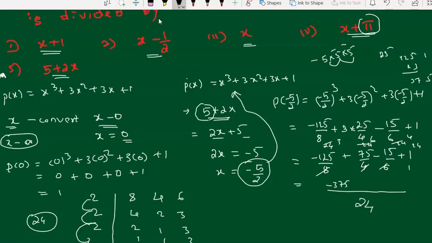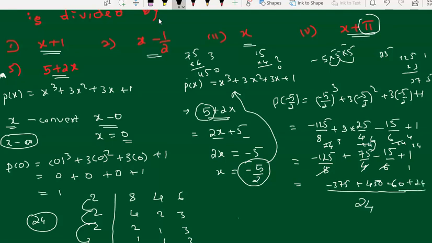Minus 375. Plus 75, 6 is there. Sorry, 6 is there. 6 into 75, so you can calculate here. 75 into 6, 6 5 ja 30, 42 plus 3. 42 plus 3 how much? 45. That is 450 you are going to get. And minus 15. And here what we have? 15 4 ja, you know 15 4 ja it is 60. That's 60. Minus 60. 1 into 24, that is plus 24.